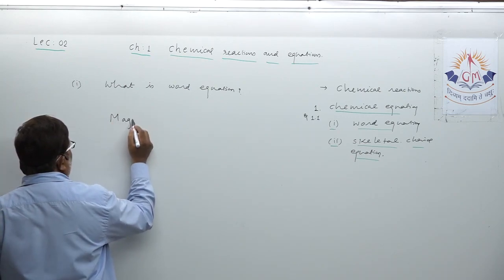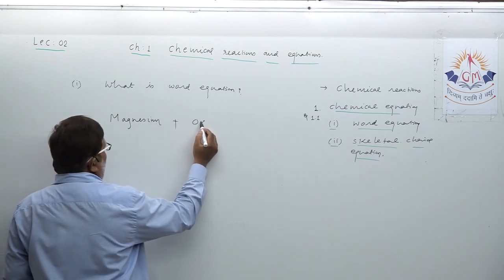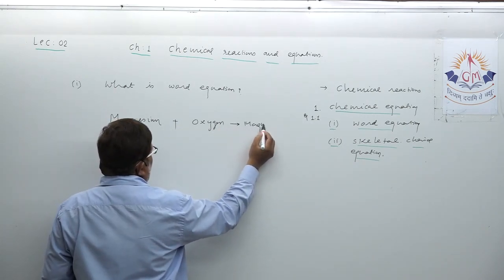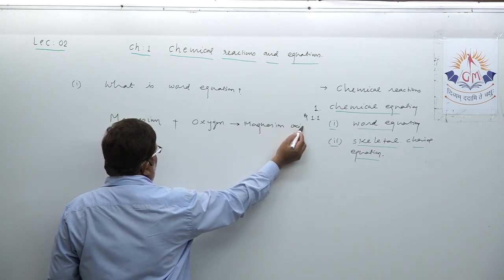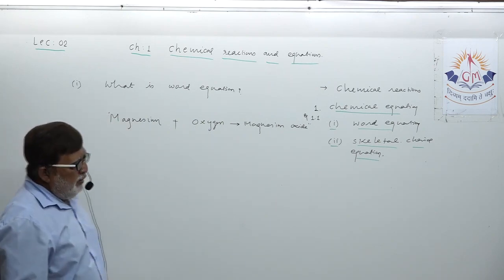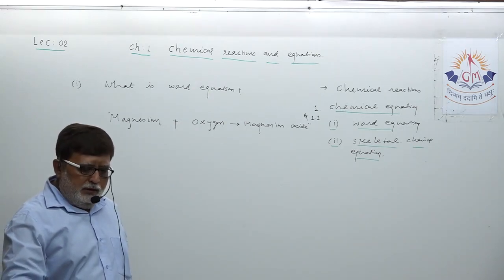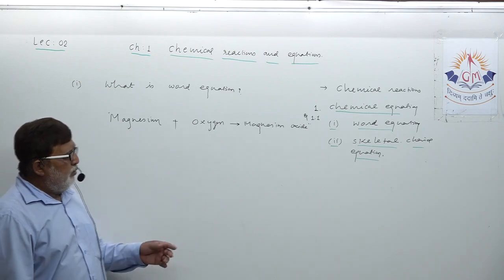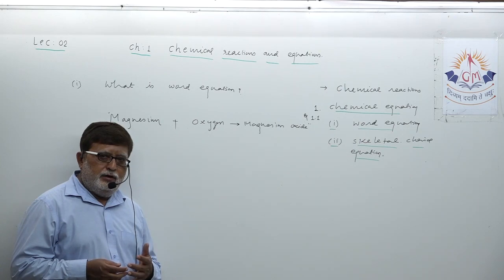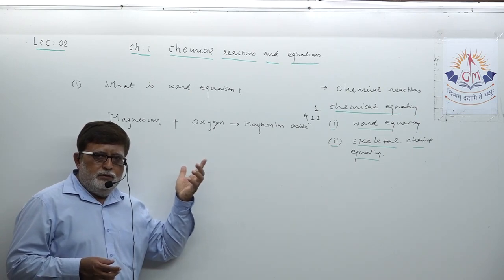Magnesium, okay, plus oxygen gives magnesium oxide. You understood this? Initially, I was speaking and giving a large statement like when a ribbon of magnesium is burned, it produces magnesium oxide. But suppose I write the same chemical reaction algebraically in word form, this is called